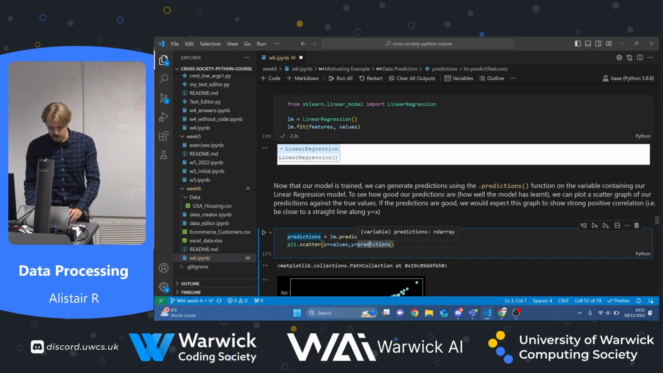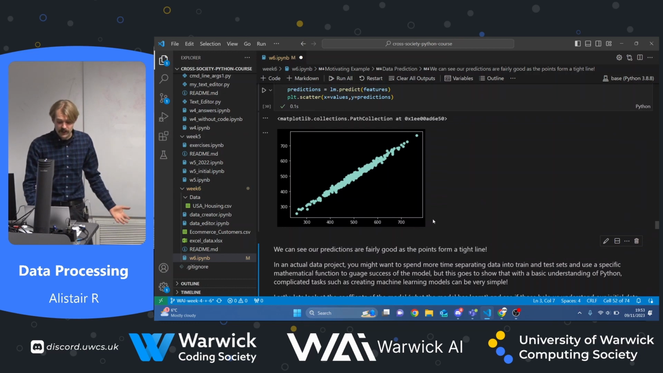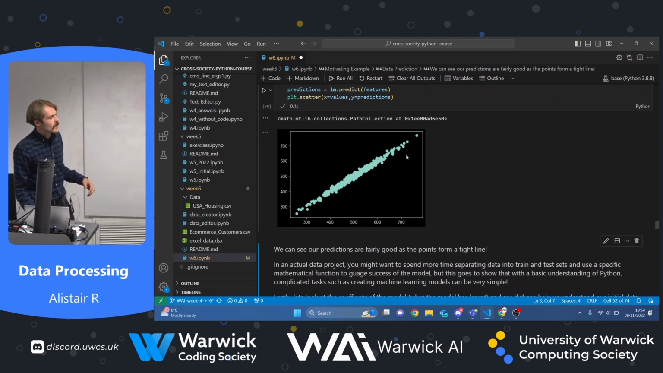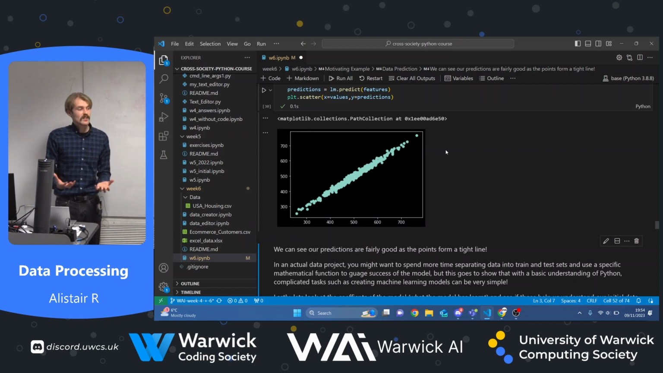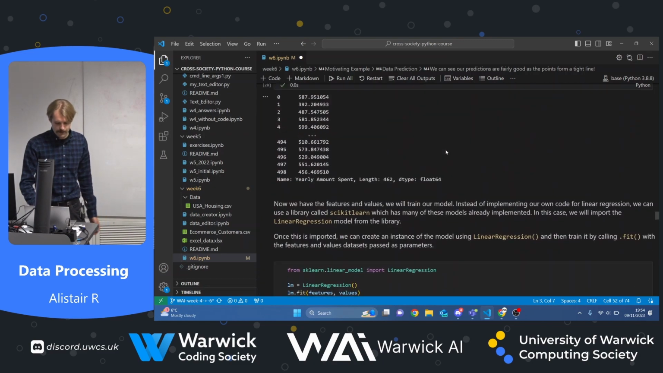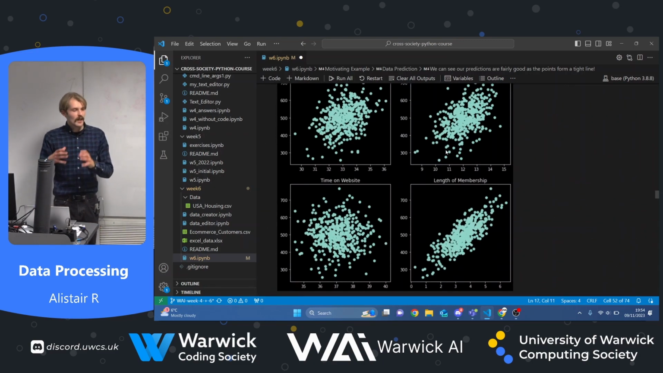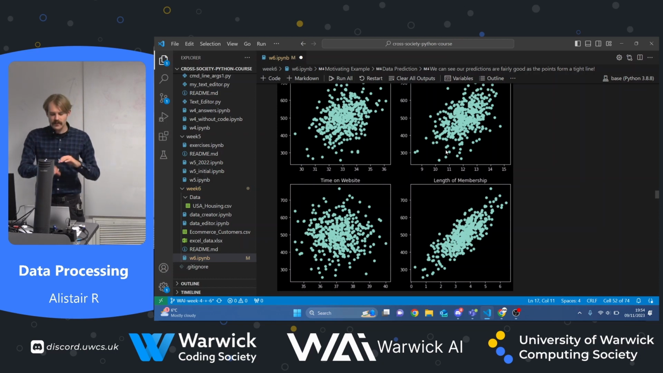So we can go ahead, we can run this, and we can see that the output is roughly a straight line. Obviously, there's a little bit of deviation here and there, but largely, that's a straight line. The interesting thing to note, if we go back to the graphs we drew earlier, is that this combination is a lot better, a lot more correlated than any of these we could have used to